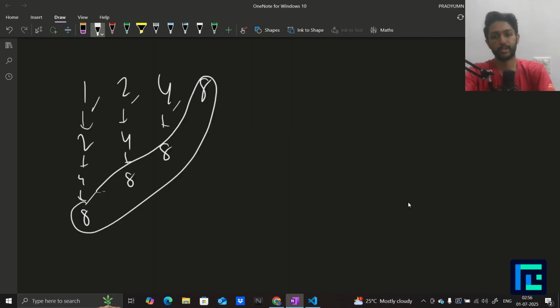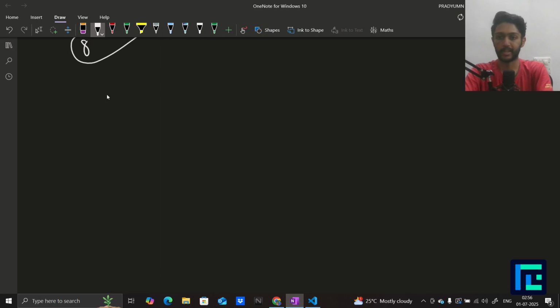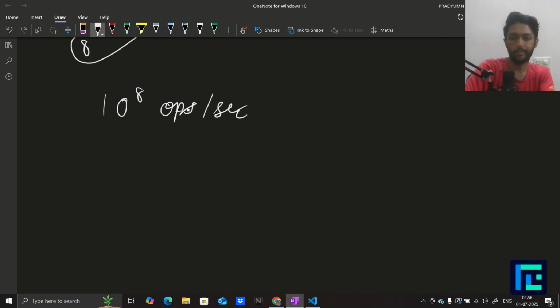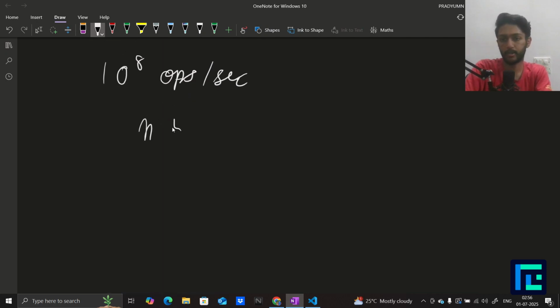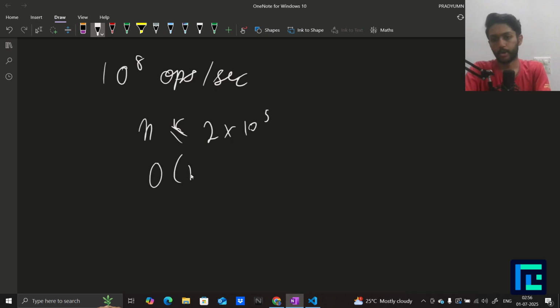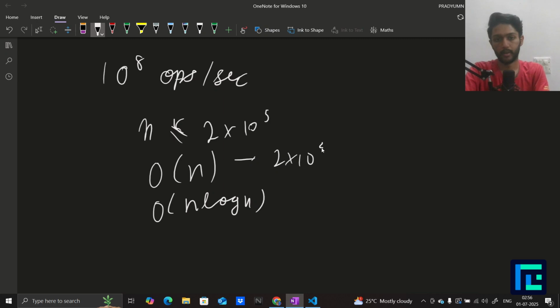Since in 1 second we can do around 10 to the power 8 operations, and n is less than or equal to 2e5, we can simply do an O(n) or O(n log n) approach,